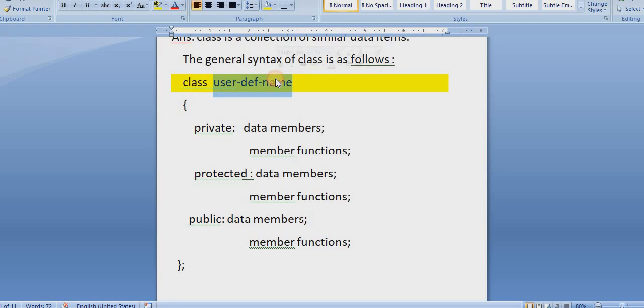So user defined name is any name given by user. User selects, you can give any name, x, y, z, anything. So user defined name is the name given by user. Then after this the class body is covered inside opening flower bracket and closing flower bracket, and inside these brackets